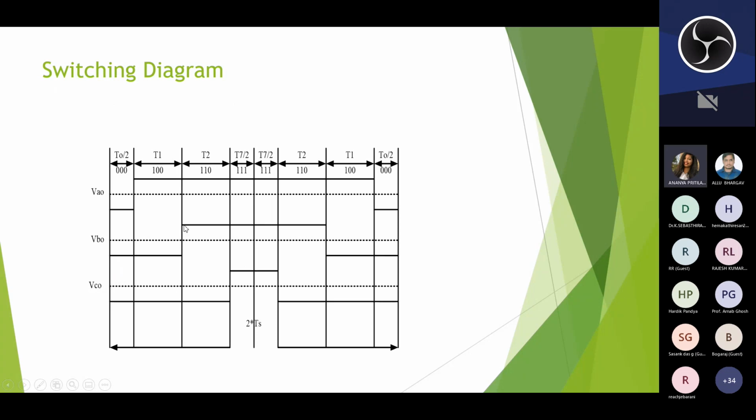Here is the switching diagram. The switching diagram is divided into eight sections. The starting one is T0 by 2, then T1, T2, corresponding to each switching state. On the output waveforms I have presented, T7 and T0 are the zero vectors. As I already told, that is 0, 0, 0 and 1, 1, 1. So these are